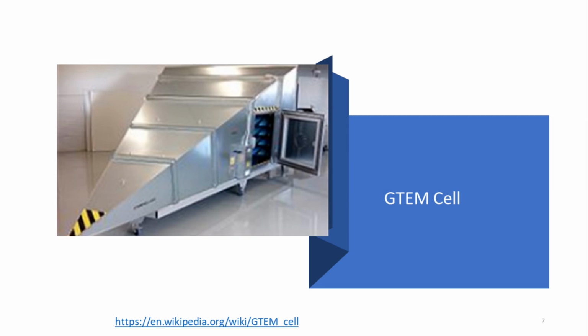A GTEM cell enclosure is made of conductive material such as metal in the shape of a long rectangular base pyramid. The pyramid is normally laid flat on the major side, although occasionally it may be stood on its base. The base is typically lined internally with radiation absorbent material such as carbon foam loaded hybrid absorbers with ferrite tiles, but the side walls are left bare to act as a waveguide.